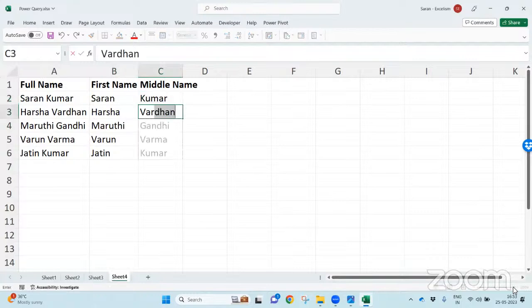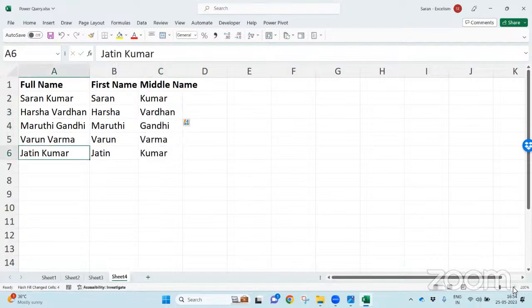When I start writing the second answer, it understood my pattern and automatically gave the answer. But the problem with this feature is, whatever the data is up to that point in time, it's going to give the result for that. But if you go back and edit the data, if I make it Harsha Babu, this will not change automatically because it's not a formula, but a feature.